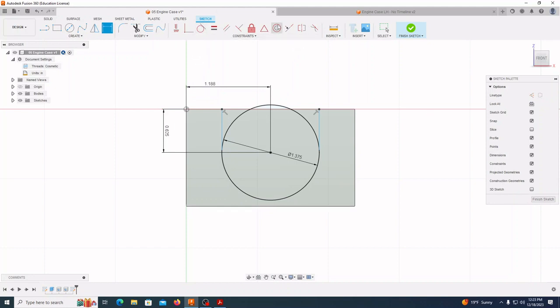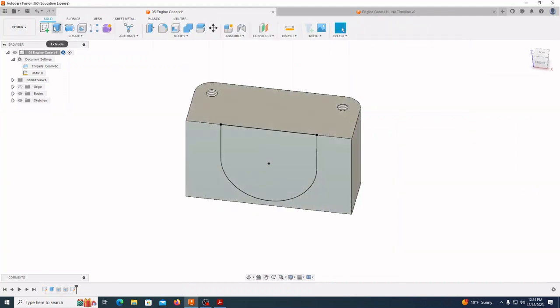All right. The last thing that I want to do is make sure that these vertical lines are tangent to that. So I select my tangent constraint, which is a little circle with a straight line next to it. I select that first line, select my circle, then I select the second line and also select that circle. The last thing I want to do is trim off the top half of our circle. And to be able to extrude it effectively, I'm going to select a line in my create, and I'm going to make that line from that first point over to our second point, select finish sketch, and now